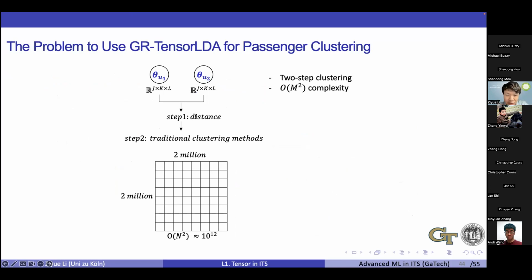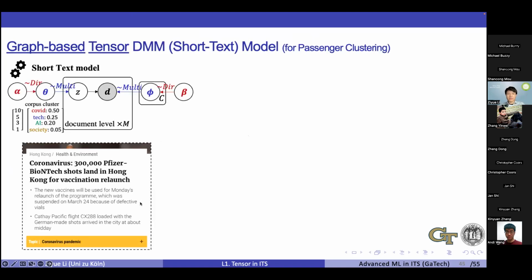It's okay if we don't have too many passengers, but if we have millions of passengers, calculating the pairwise distance has complexity n squared, which is quite expensive. So here we introduce another one-step way to